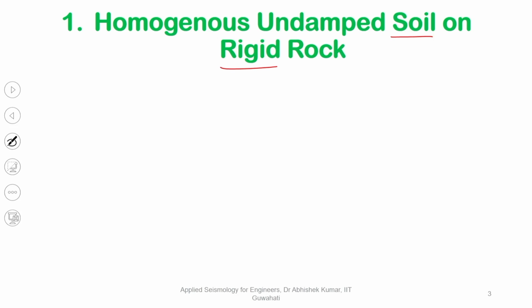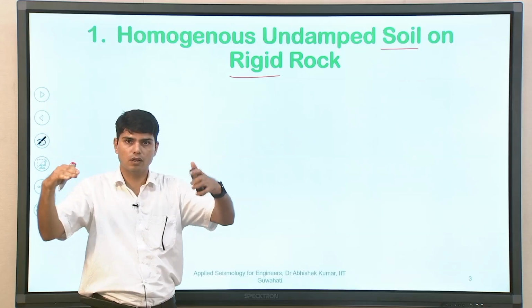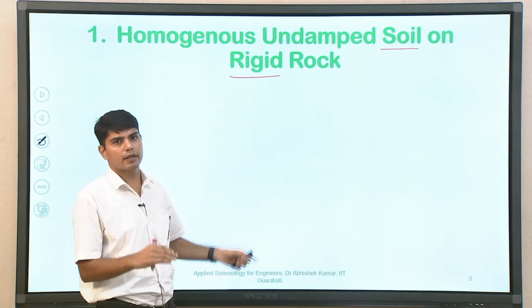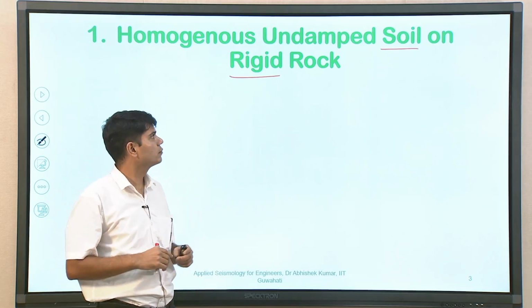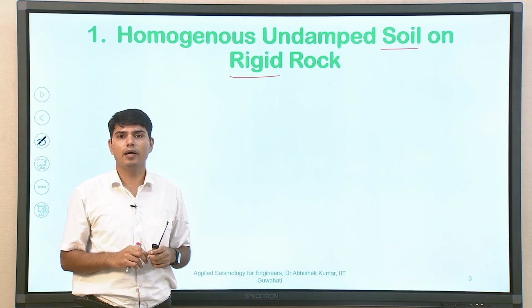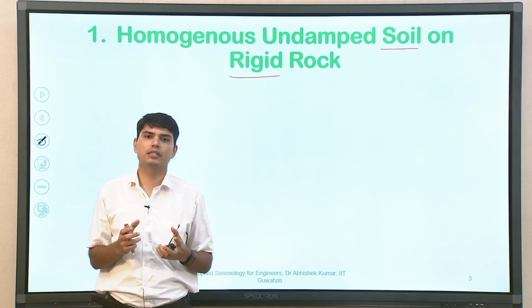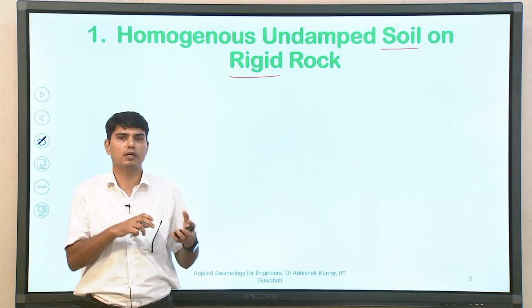So, we will be talking about the soil medium and the rock medium. As discussed earlier, rigid means whatever incident energy is there will be progressing further towards the surface. If it is elastic, some portion of energy will remain there or propagate downward, and a significant portion of the energy will be propagating upward. Now, again in soil, as we discussed, it is going to offer resistance in terms of shear modulus as well as damping ratio,